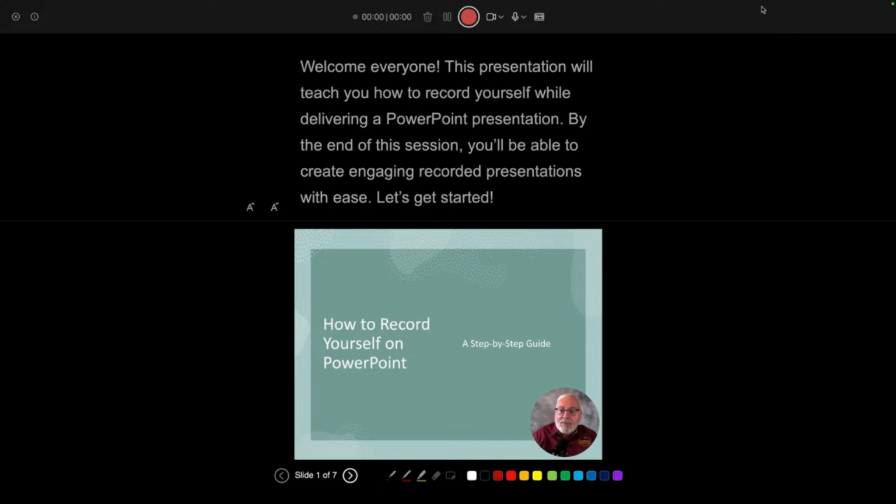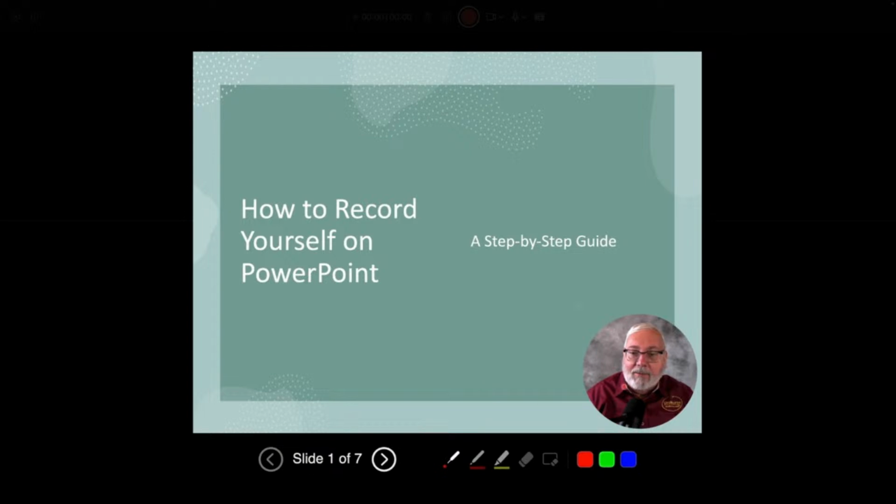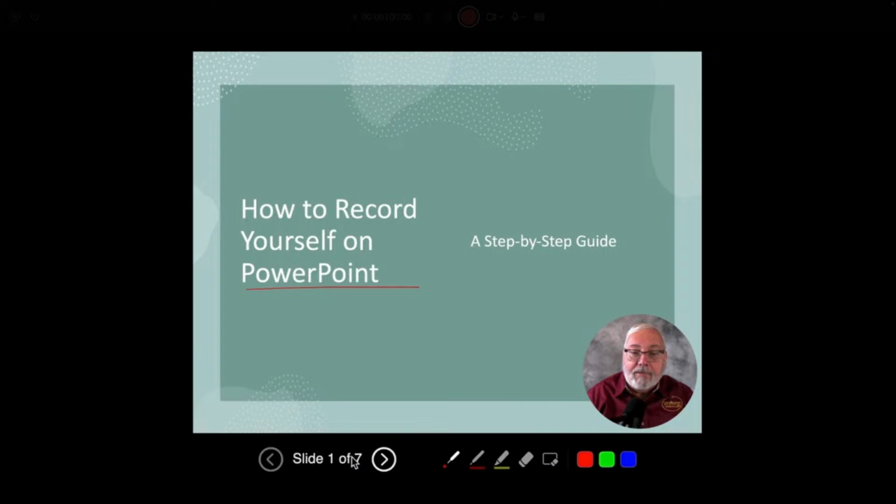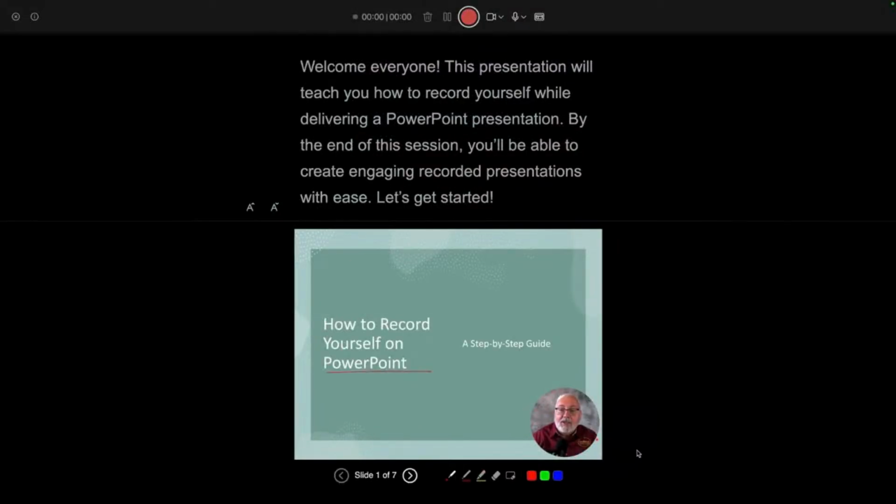So you can see I'm in the bottom there. And one of the nice things I'm going to do is I'm going to grab this. So this is a laser pointer. So you can see I'm able to use my laser pointer on the slides, which is pretty cool. If you want to make a marking on the slide, you can do that too. So all those things are available. I tend to use the laser a lot, so I'm going to kind of put that one off to the side here. So if you don't want it to show up, you can turn it off and just turn it on when you need it.